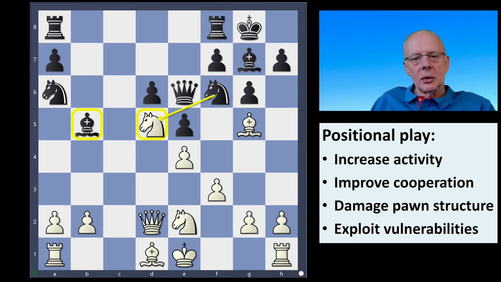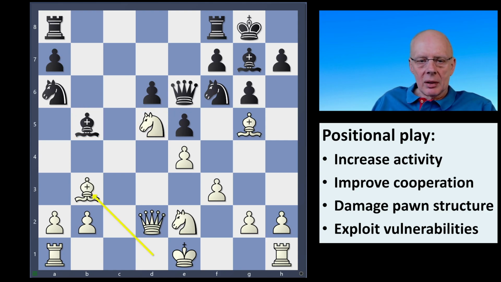right? Or you can increase the tension and also exploit the vulnerability of the queen on e6. And how can you increase your activity and build the tension in this position? And the move to do that is by bishop b3. So if you have more space and you are attacking, you don't want to trade and reduce tension, you want to build the tension. And after bishop b3, the threat is knight takes f6 with a discovered attack on the queen on e6. And again,